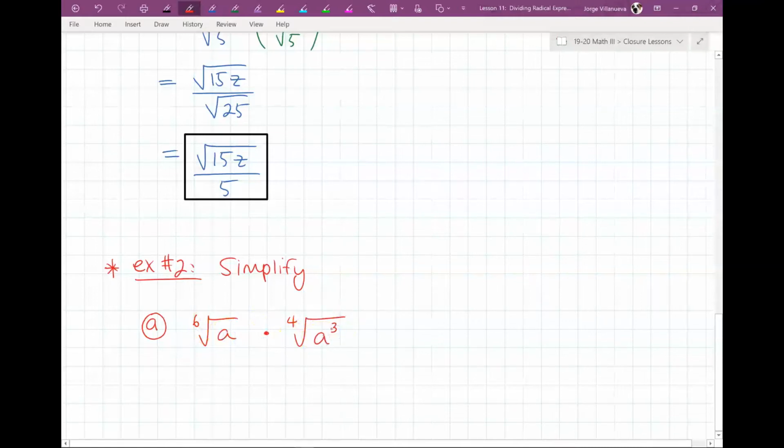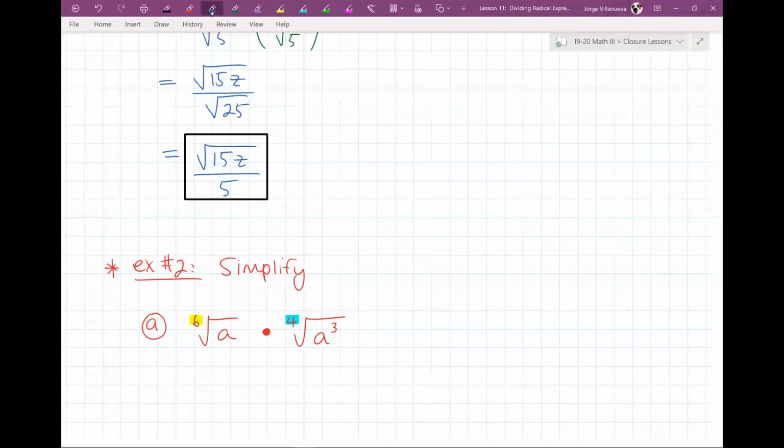Now, we did mention before when we did multiplication of radicals that you can only multiply if they have the same index. These do not have the same index. One of them has an index of 6. The other one has an index of 4. That's not the same. So since they don't have the same index, then I'm going to have to rewrite this as a